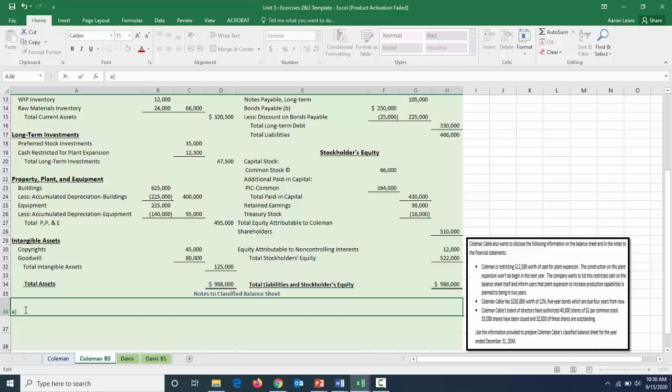So we can say that Coleman plans to begin construction on an expansion to the plant 2 years from now; $12,500 is restricted